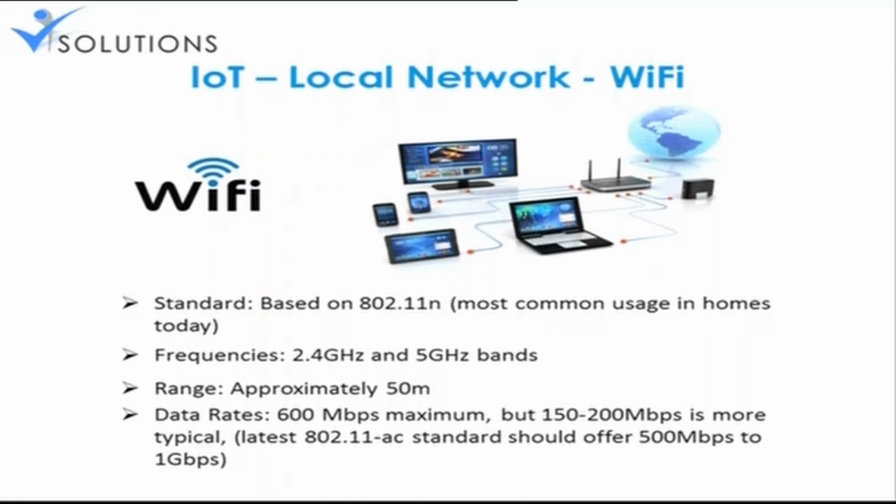At maximum. But currently, in your home networks and everything, at maximum we get only around 500 Mbps or something. 1 Gbps we get only in special cases. But the disadvantage is that its range is approximately only 50 meters, which means it is suitable only for making a LAN, not a WAN, and not sufficient for cloud computing. One more disadvantage is high power consumption. Every time it has to be charged from the power socket. And one more thing is that it is also costly. Every month you recharge and everything, right? That's a little costly as well.